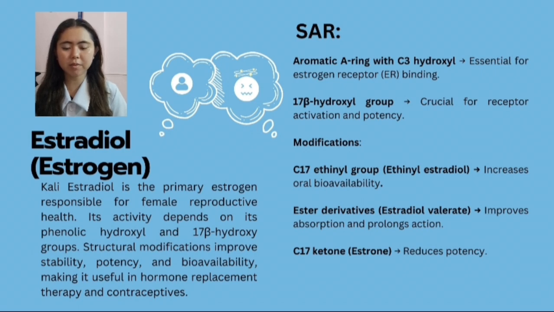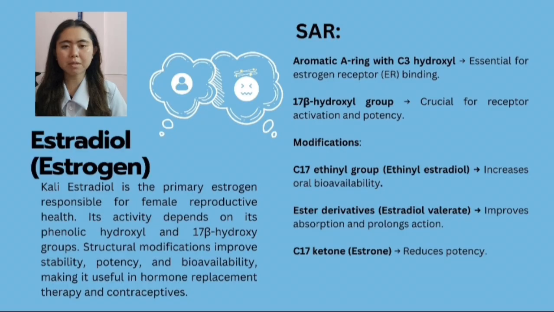maintaining its potency. When modifications are made to estradiol's structure, they can influence its activity. For example, converting the 17β hydroxyl group into a ketone, as in estrone, reduces potency. However, adding an ethynyl group at C17, like ethynyl estradiol, increases its stability and bioavailability, making it more effective in oral contraceptives. Additionally, ester derivatives such as estradiol valerate improve absorption and prolong the duration of action, making them useful